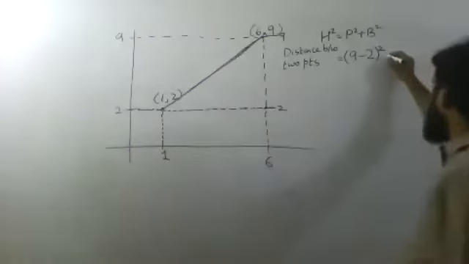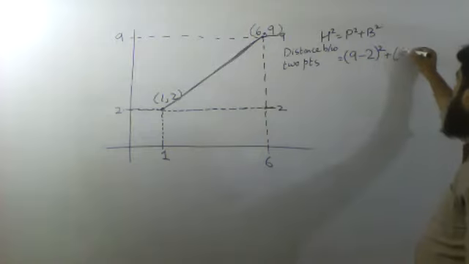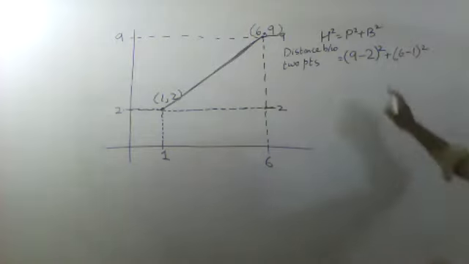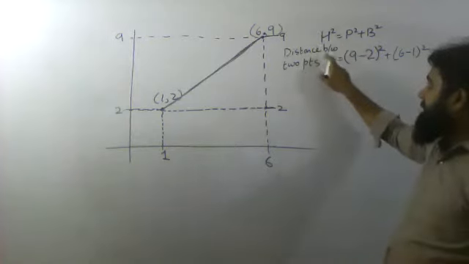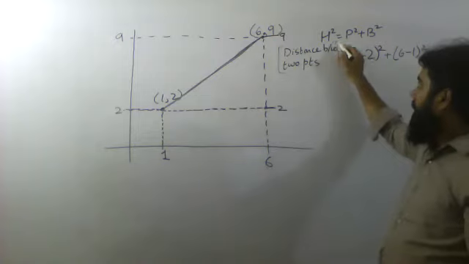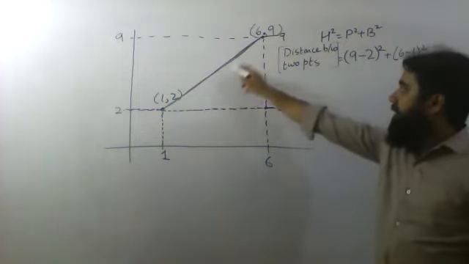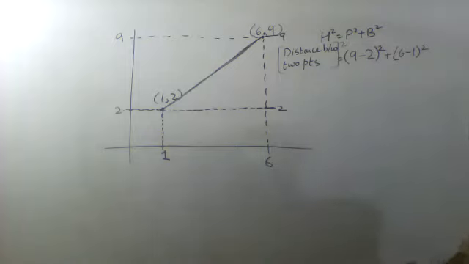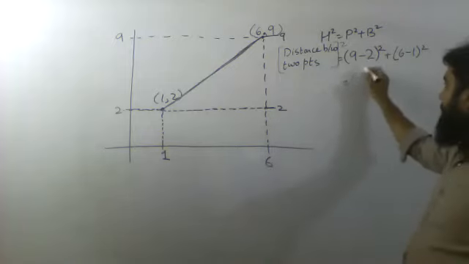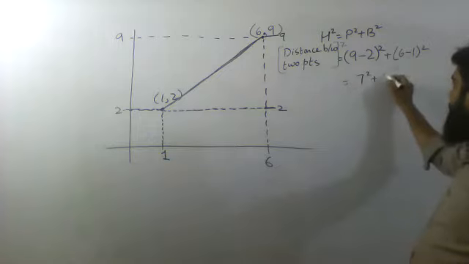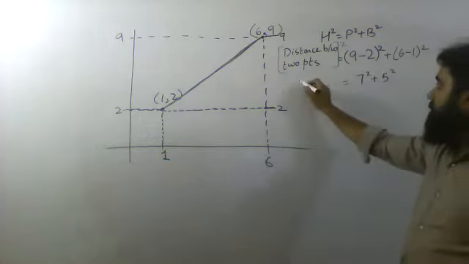So I will say (6 minus 1) whole square. Okay? The hypotenuse is representing the distance between 2 points, and I am writing a square on that. So 9 minus 2 will be 7 square. 6 minus 1 will be 5 square. And this will be